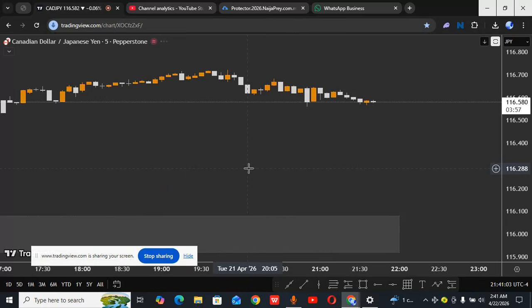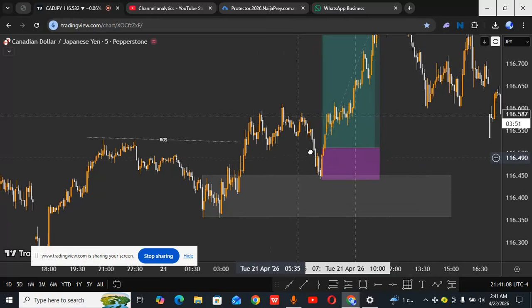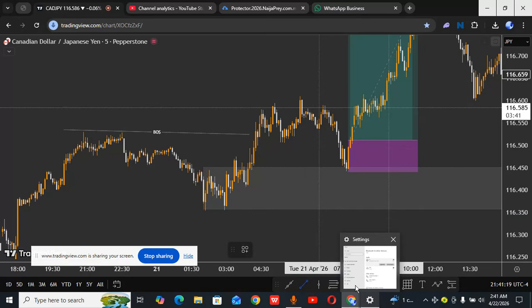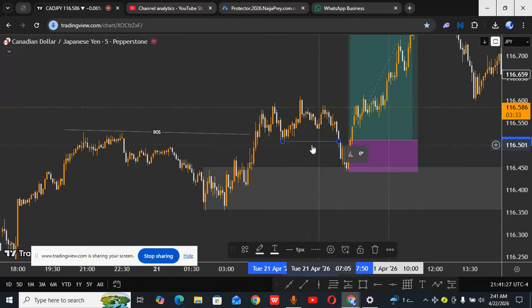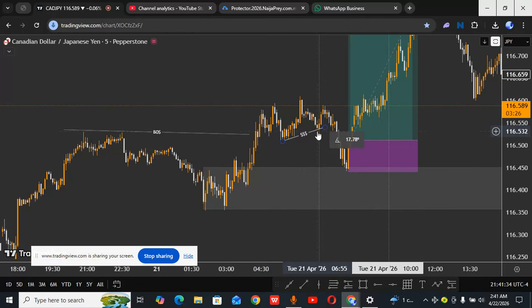So that was when I head over to the 5 minute time frame. Now, what do I look out for in the 5 minute time frame? I also want to see price taking out internal liquidity or engineered liquidity or whatever you want to call it. So in this place over here, we had this level over here, or we had something like this, which was more of a liquidity. So first of all, I want to make sure that price clears a liquidity